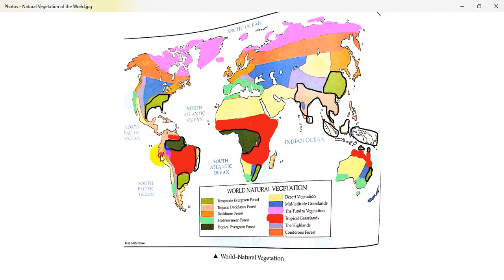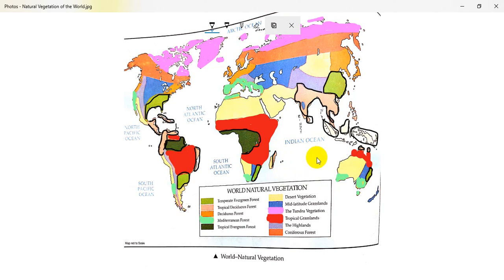Even in the northern part, the Latin America zone, the Mexico region, we have tropical deciduous forest. Even in the West Indies, the Caribbean islands, we have tropical deciduous forest. Now next, the east of Madagascar, just a fringe of eastern Madagascar, has tropical deciduous forest.